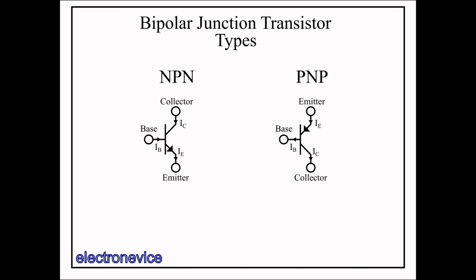So, there are two main types of BJT, NPN type and PNP type. They are named like this because of the configuration of the N and P type semiconductor materials that make them up. The differences between the two types of transistors are difficult to articulate without understanding the basics of how they work. However, learning about how to use one type is very easily translatable to the other type.